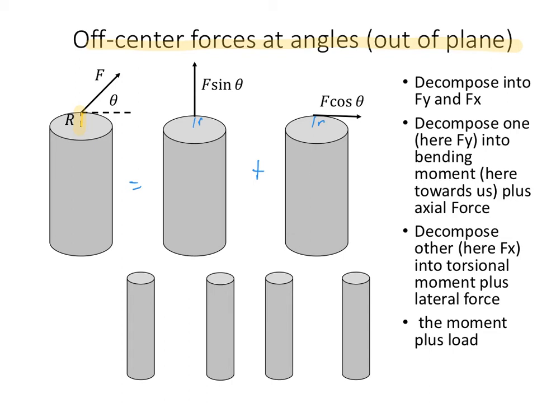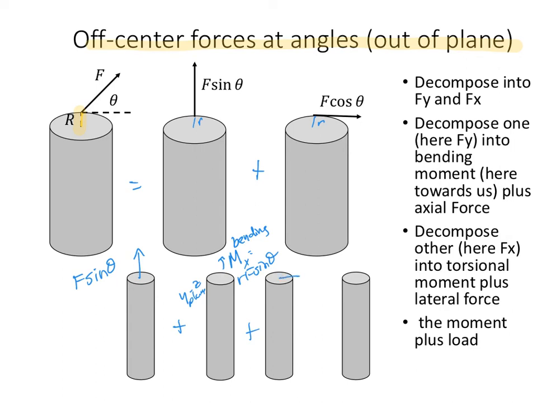And both of those decompose this time. So this is an axial load of magnitude F sine theta, and then this is hard to draw, but there is here a moment. And this is a bending moment, so we'll write it as M, but the bending moment is around the x-axis. So it's a bending in the yz plane, but that has a magnitude rF sine theta. So we have both of those, and then from this F cosine theta, we have